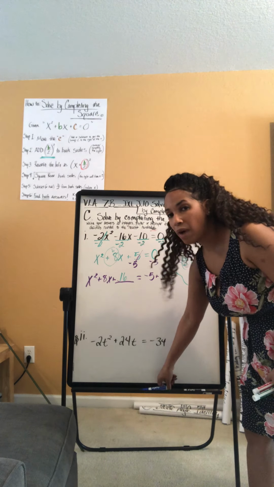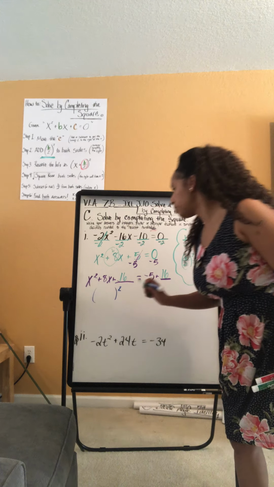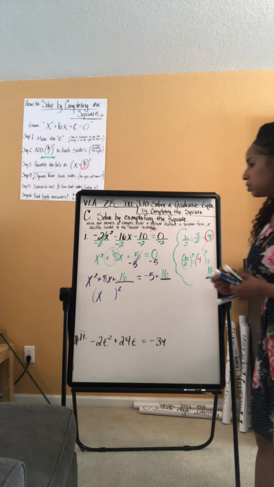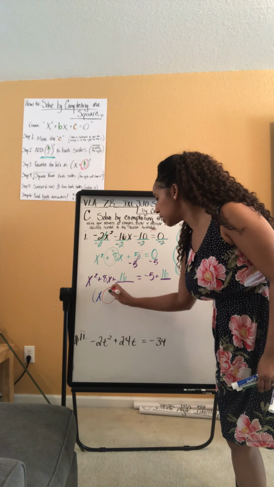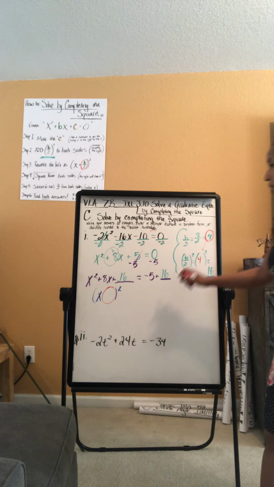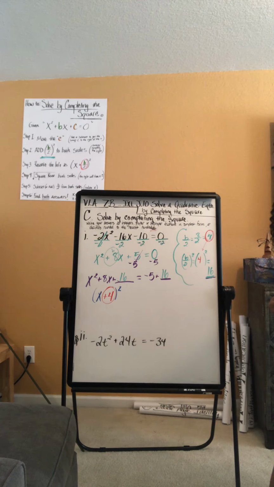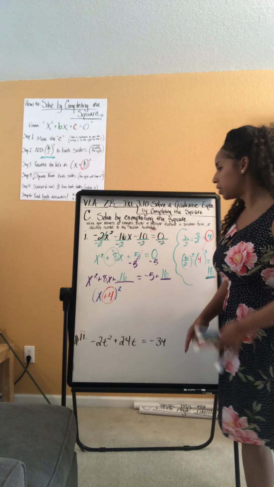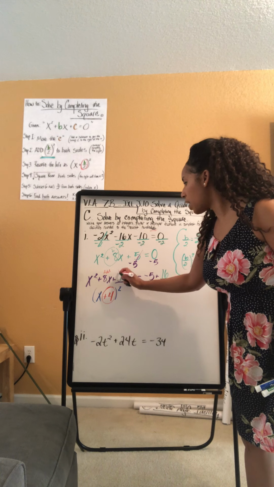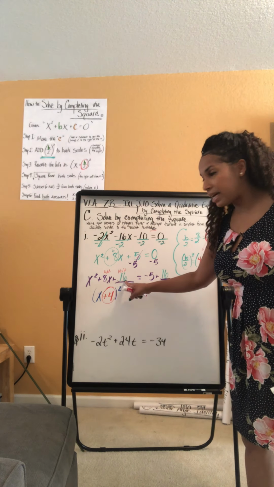Now I will rewrite my left-hand side as a binomial. My variable was x this time. Remember that what goes in here inside the parentheses is my b over 2, which was the 4. This was a positive 4 this time, right? So plus 4. Make sure you have your sign with it, whether it be positive or negative. And remember, this came from the fact that what I'm really finding are the numbers that add to the middle and multiply to the end,